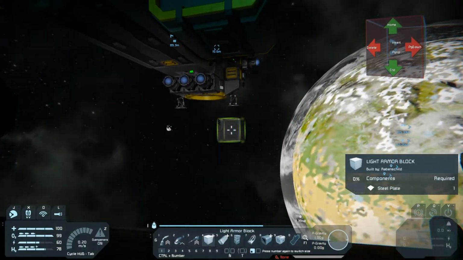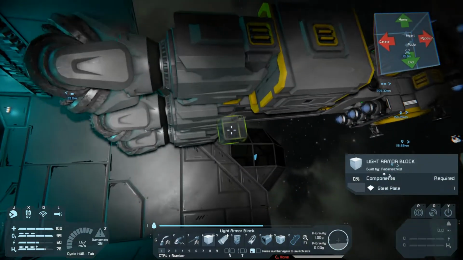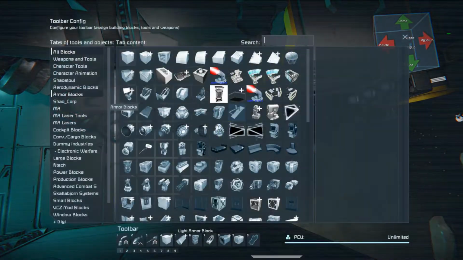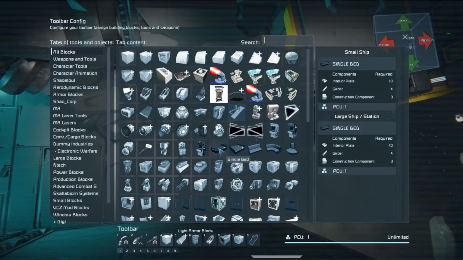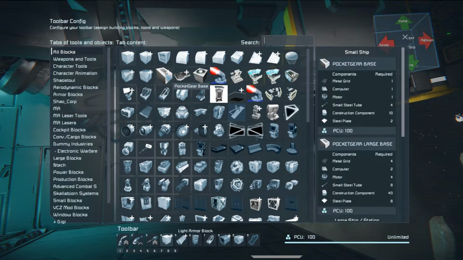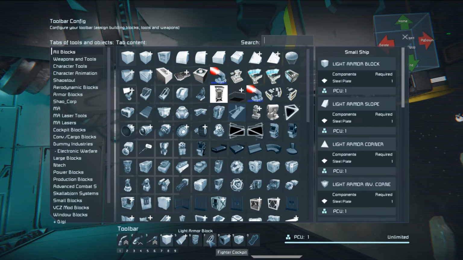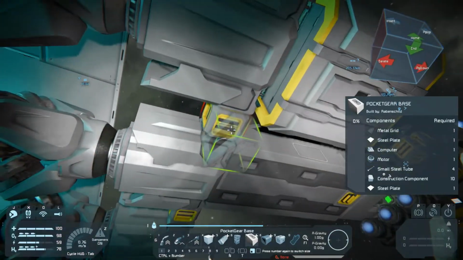They have to be there so that the connector can still make a connection. I will take a look at this later. For now, let me go and grab the pocket landing gear, and I will put the next landing gears down